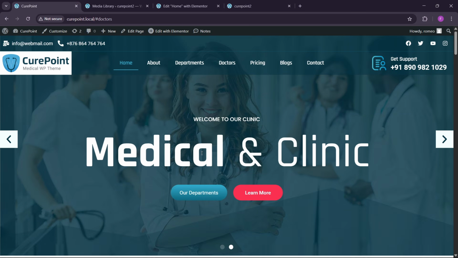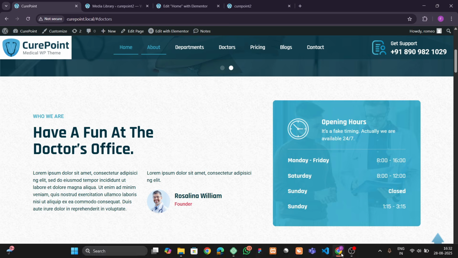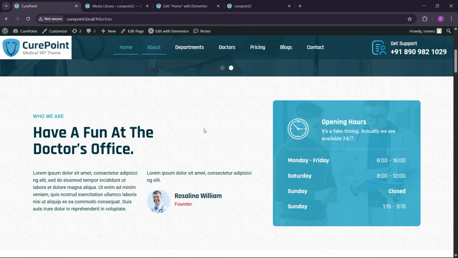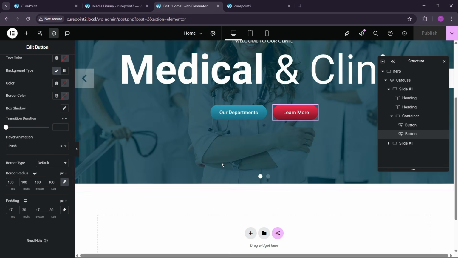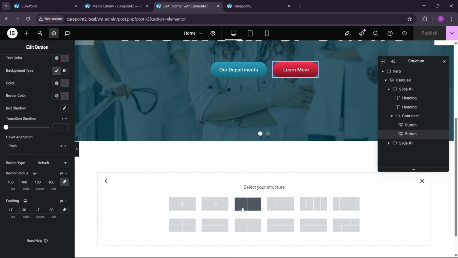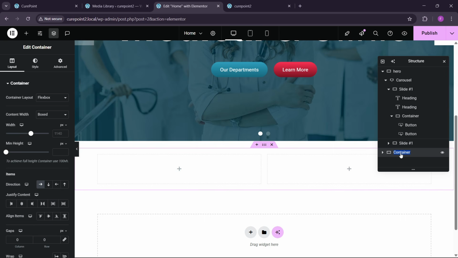Now let's move to the next section where we're going to build our next sections. So here you can see that we have this type of layout. For making this, we have to use the two section layout like this, and here we can also rename this about. Then we can use here 1400. Okay, so you can see we have this. So now what we have to do,